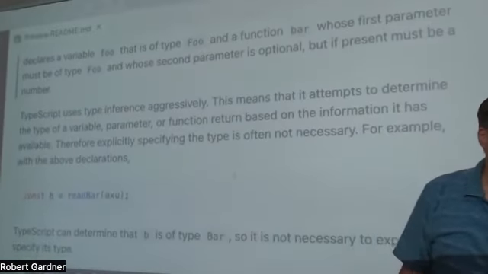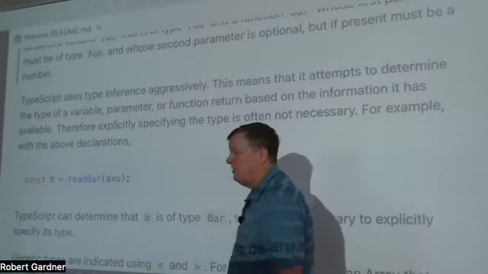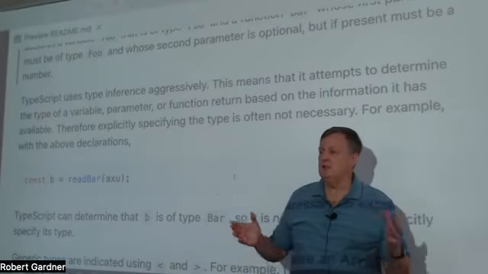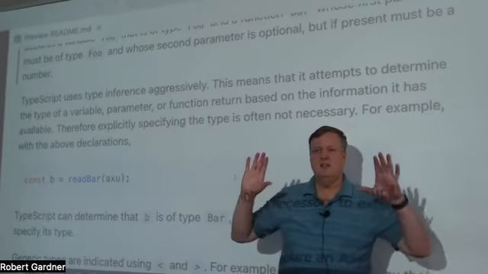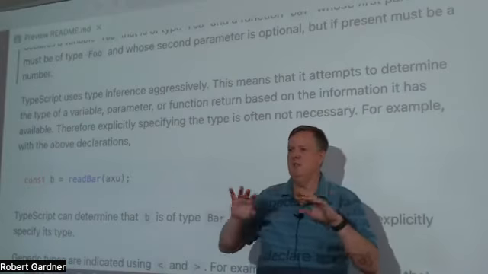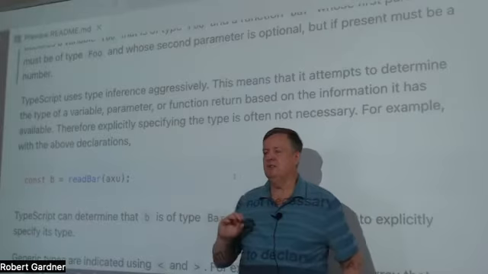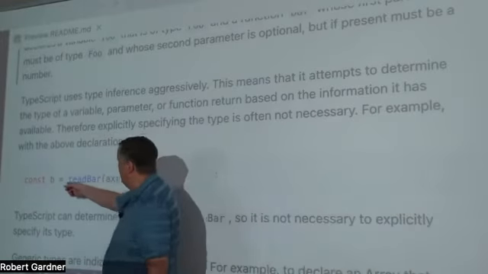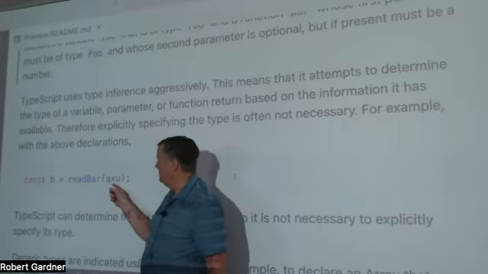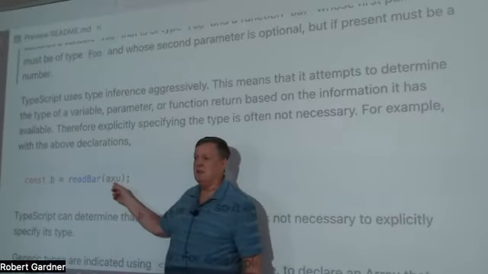Another thing that's interesting is that Typescript does what we call type inference, which means that it tries to figure out your types. So you actually only need to go in and put your types in maybe 10% of your code, and the rest of it, Typescript just figures it out. For example, it can look at this, and it knows a number of things. First of all, what does it know about AXU? What type does it have to be?